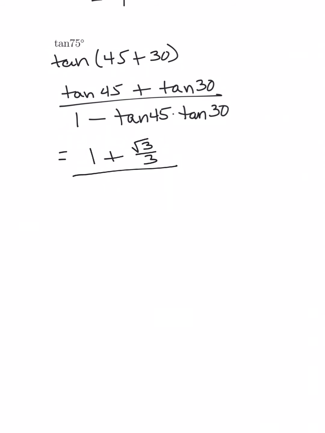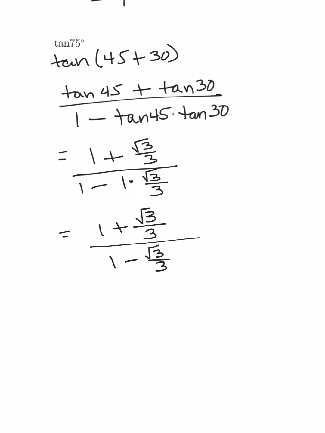In the denominator, we have 1 minus, we already know the tangent of 45 is 1, times tangent of 30 is square root of 3 over 3. This gives us 1 plus the square root of 3 over 3 over 1 minus the square root of 3